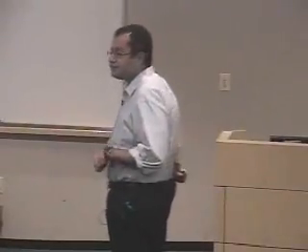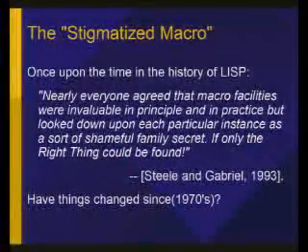Now, they also seem to have a really bad reputation, and this reputation seems to go quite a ways back. This is a quote from the paper by Steele and Gabriel on the history of Lisp, and it's talking about different proposals for macros in the context of Lisp and how they were viewed at that time. The question one should ask now is, have things really changed since then? It's not clear that, for the most part, things have changed very much. But I think there are positive developments going on that can improve the situation.